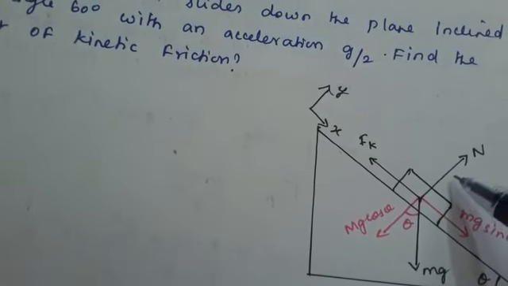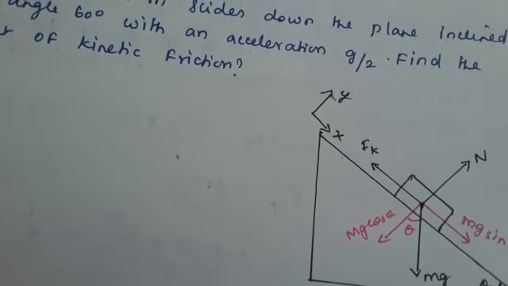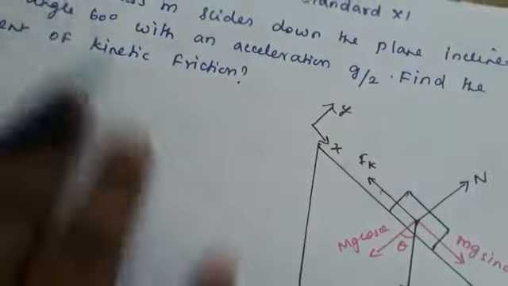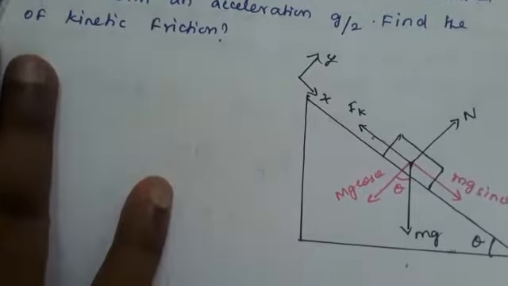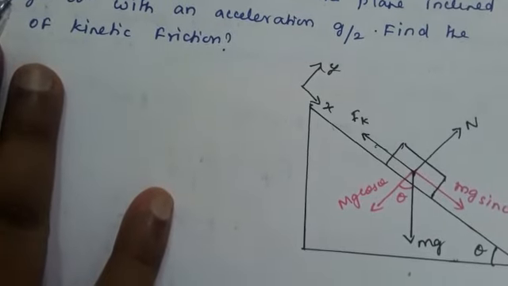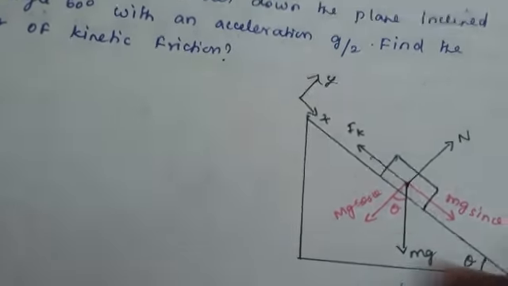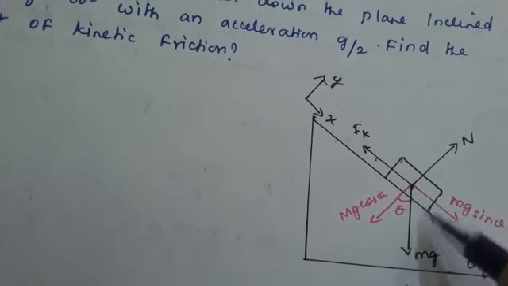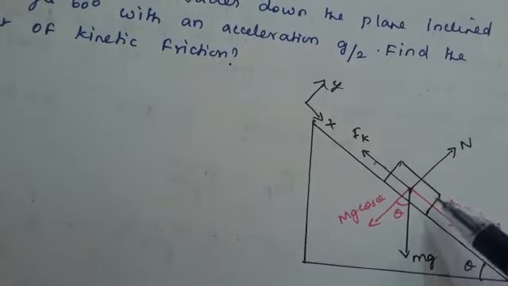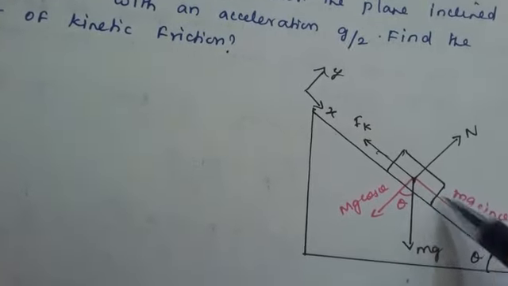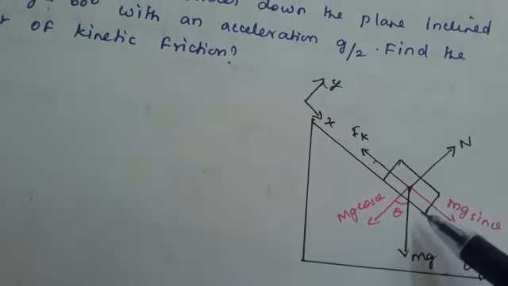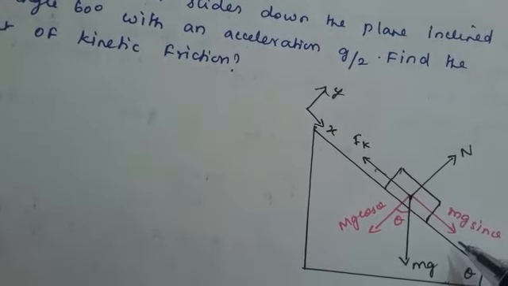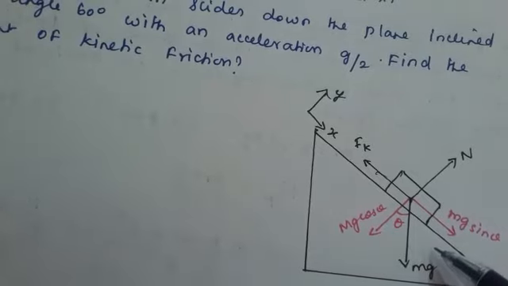And here a normal force is acting. Okay. So the normal force is acting perpendicular to the surface. And in this direction, which is opposite to the direction of motion of the block, the frictional force is acting. Opposite to the direction of the block, what is acting? The frictional force is acting. So this is Fk. Now I am resolving the downward gravitational force into two components. That is the horizontal component and the vertical component. So here it is mg cos theta and mg sin theta.